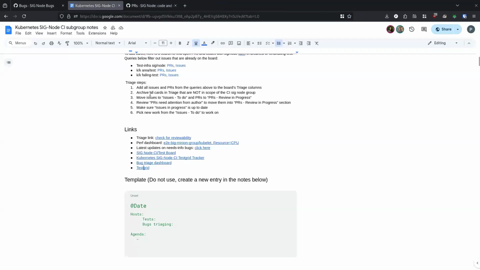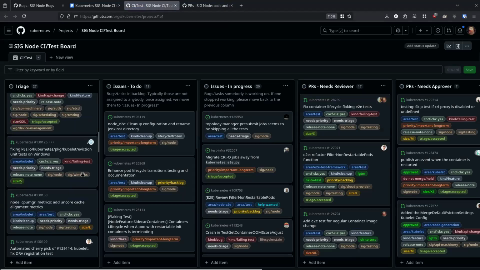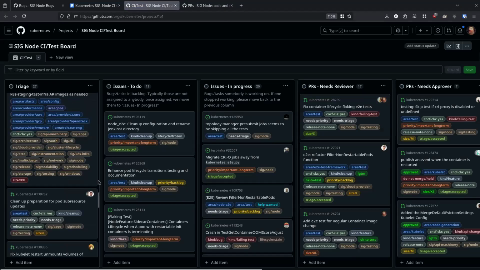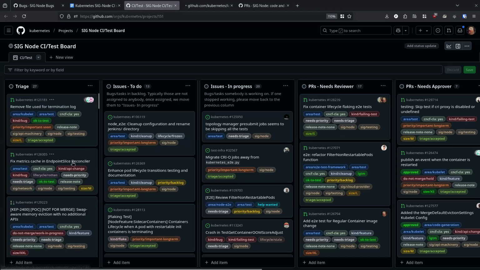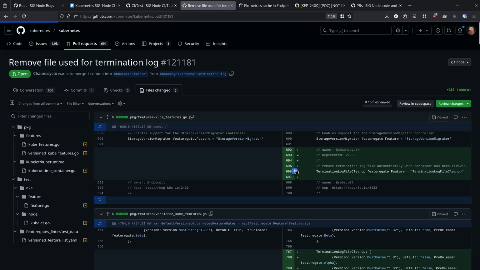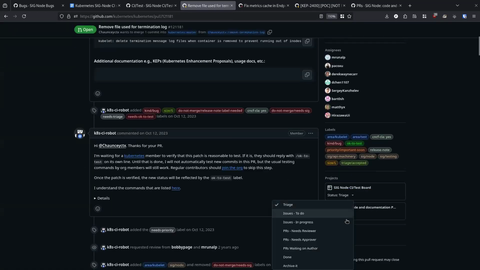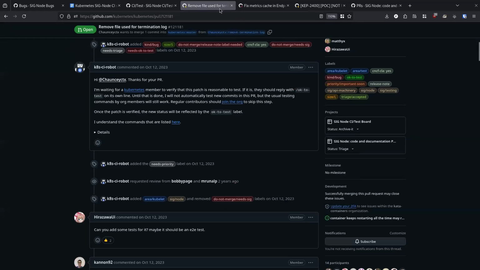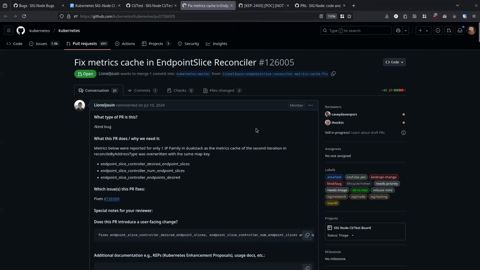Moving on. Let's look at the CI board. These are things that probably are not actually test things. It's just a feature. We'll get back to that with the other board.